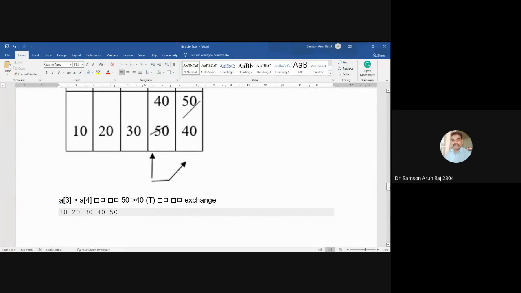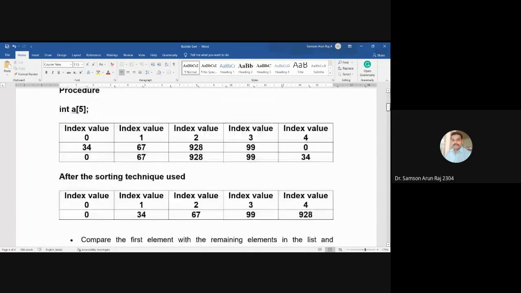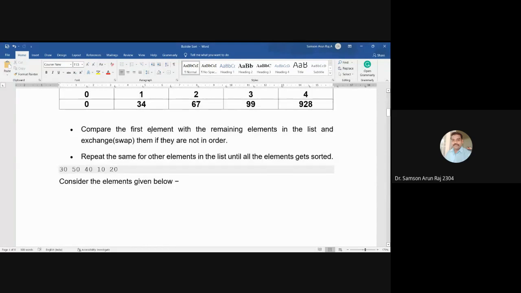Whenever you're studying a new algorithm or a new technique, there are some standard procedures. If you know that procedure correctly, automatically you can understand and do the coding part. So the ground rule is that you need to compare the first element with the remaining elements in the list, and perform the swap operation. Once the first value has been assigned to the appropriate position, you go for the second value. So in this example you can see